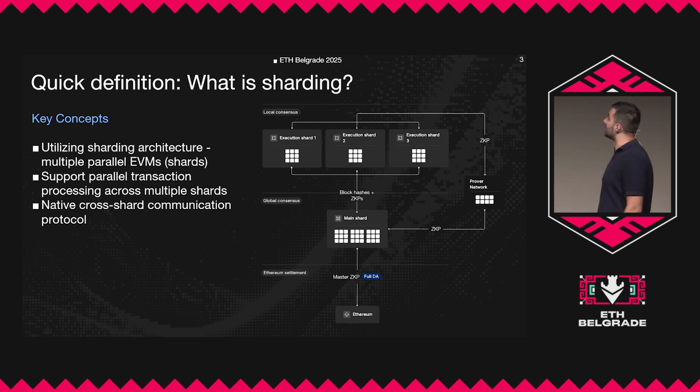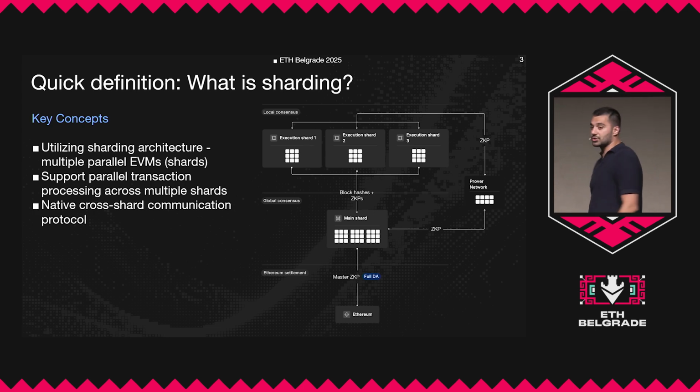To understand what sharding is, I think the simplest way is to first understand what one execution environment is. Almost every blockchain, especially the EVM ones, has a couple of key same components. Every blockchain has an RPC. This is something that we expose to the users, and users use these RPCs to query and send transactions. We need to have a TX pool. This is where transactions go. We need to have a VM. It can be many different types of VMs, and the VMs take these transactions and execute them. And at the end, we have a state. State is the place where we keep the accounts, as well as all the changes that happened.